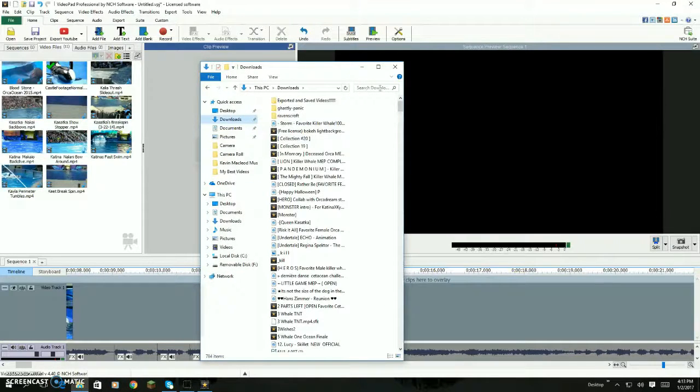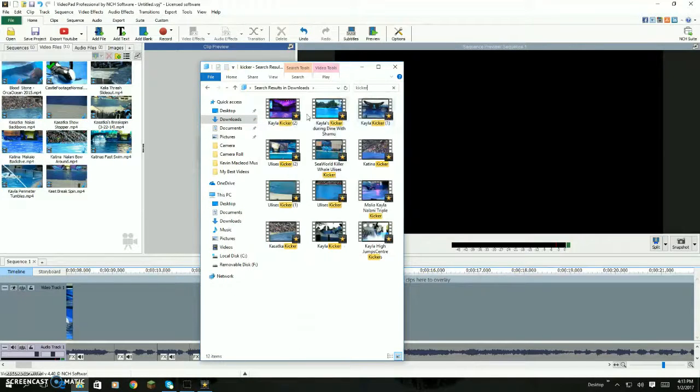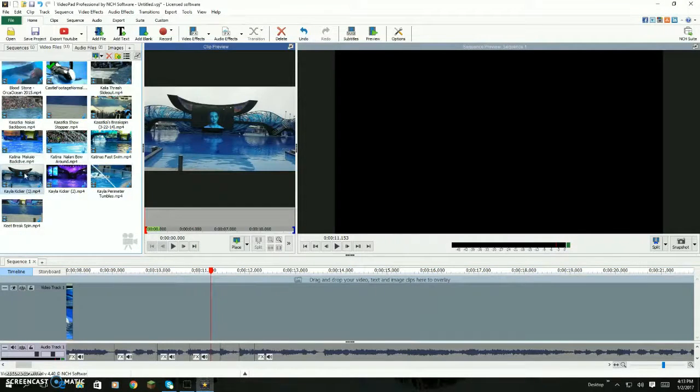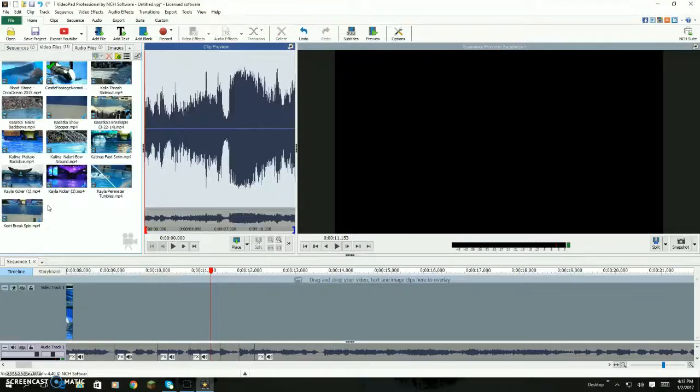So just search. Type it with one hand. I have plenty of kickers. I have Ulysses kickers, Katina's kickers, triple kicker, lots of Kayla kickers, one Kasatka kicker. I like Kayla's kickers, so I'll use these two because these are front angle kickers. So again, since I don't have a lot of clips, I'll